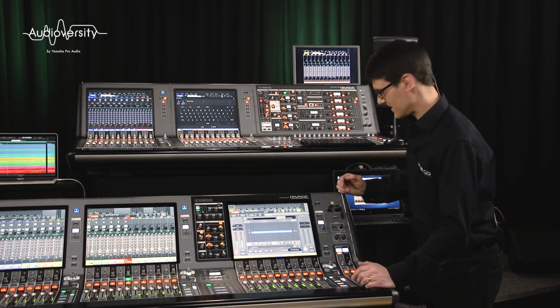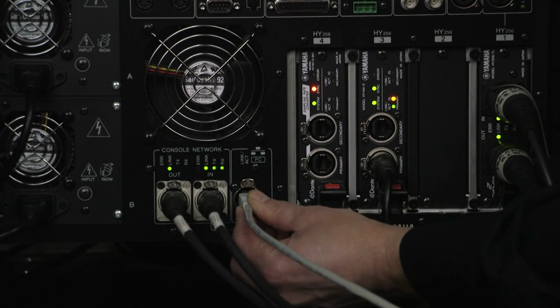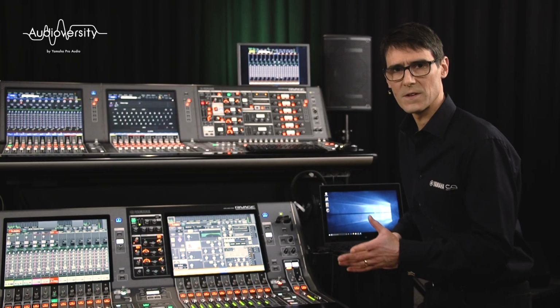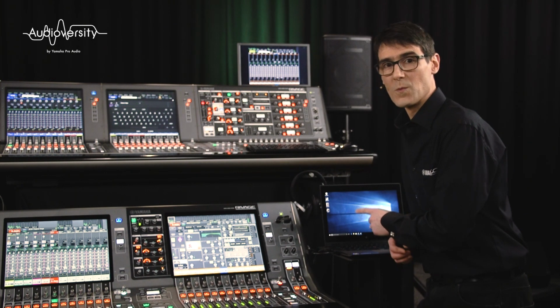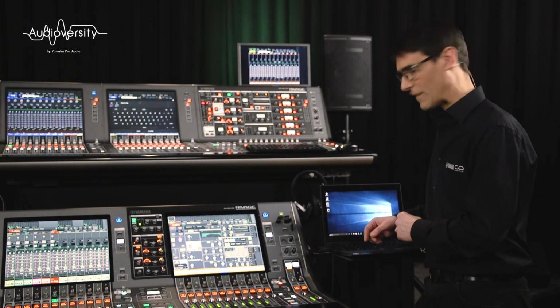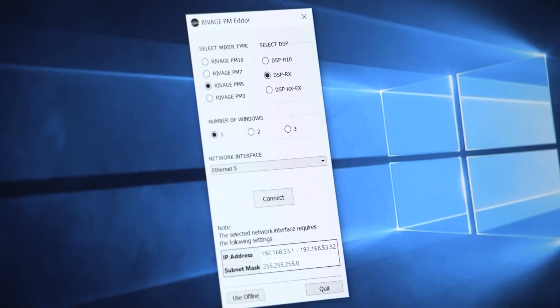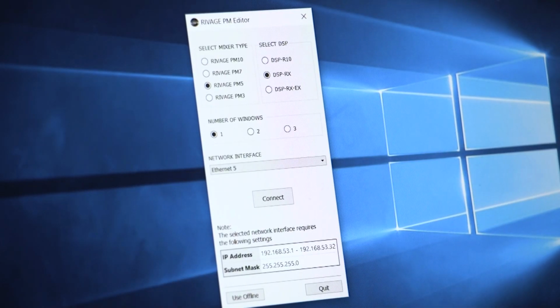Anyway, let's get connected. Make sure you use the correct network port on the DSP. It's the one by the two console sockets. And you need to give the computer an IP address within a specific range. Thankfully, the editor will remind you of this when you launch it. 192.168.53.1 to 32. And the subnet mask is the usual